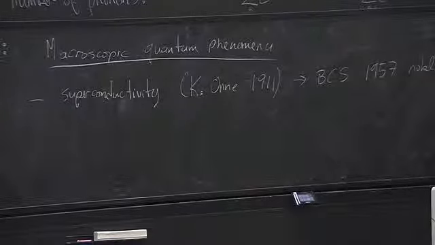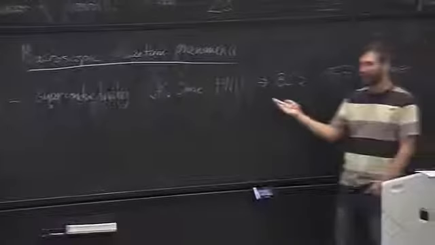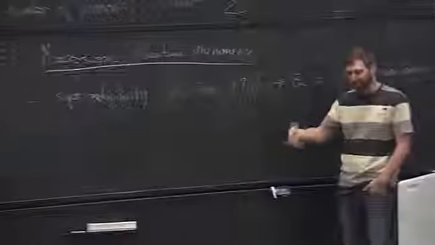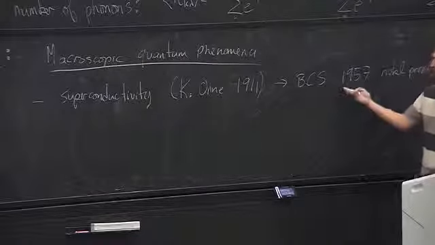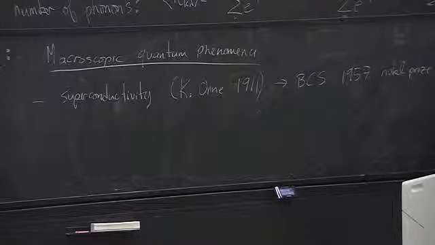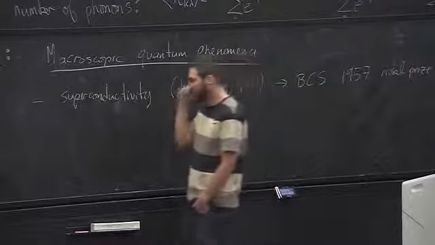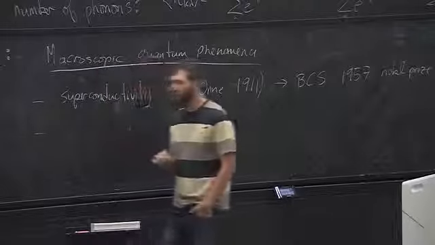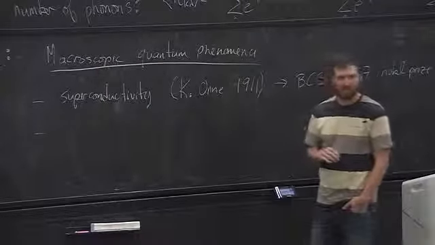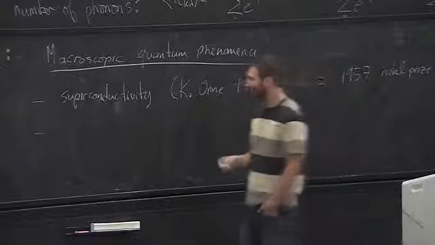So experimentally, this macroscopic quantum phenomenon that occurs in all sorts of metals was explained by a very accessible theory way back in the 50s. So what's underlying the quantum mechanics of superconductivity? Well, we're going to explore this, but we're going to explore it in the bosonic context. And another experimental system